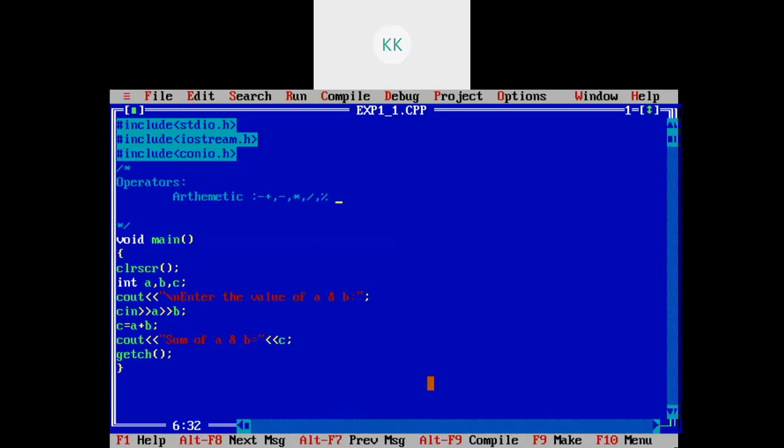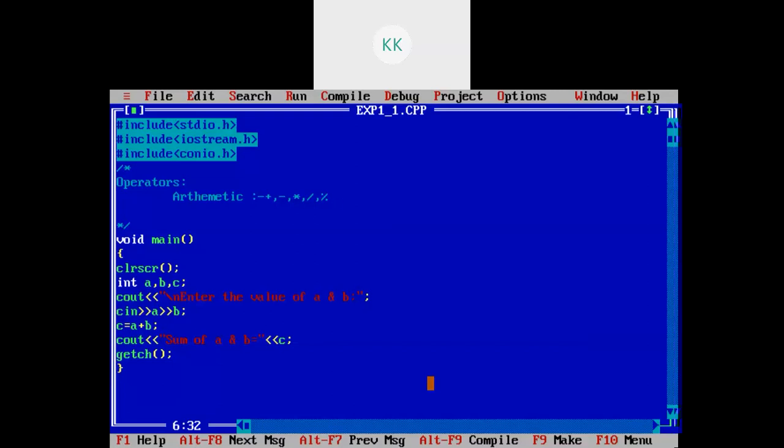Now see, plus, minus, asterisk and slash can operate on any type of data type, right? But the modulus operator can only work on integer type data, right? What does modulus give? It gives us the remainder. If you operate on float values, the remainder will always be 0. So it will give an error that it is an invalid data type, right?